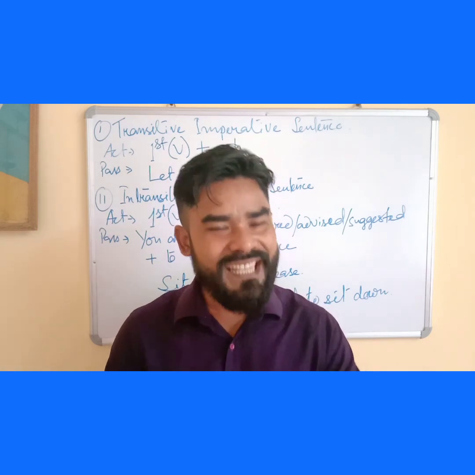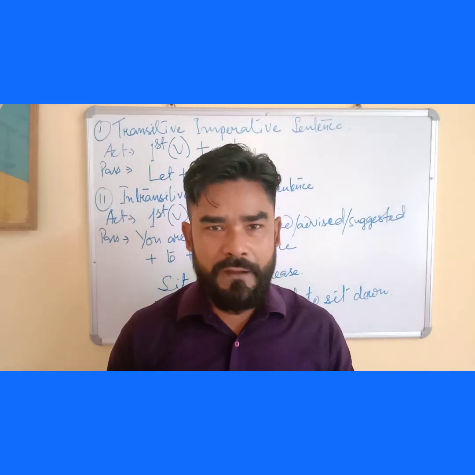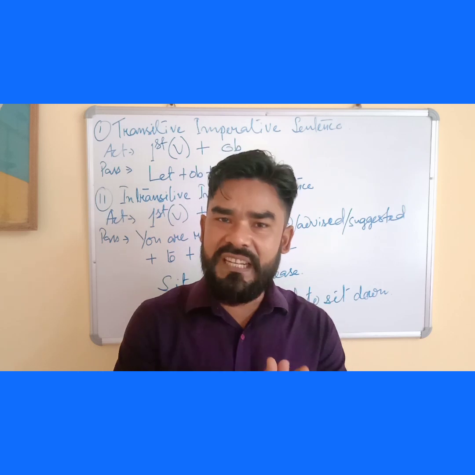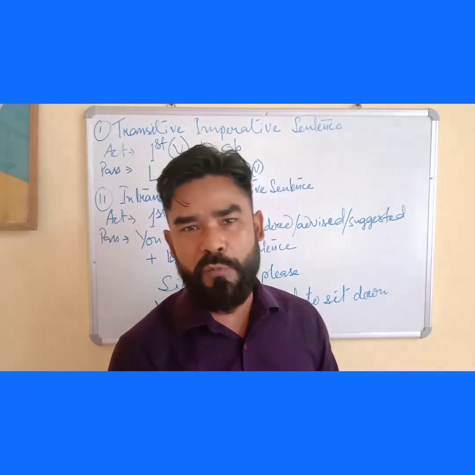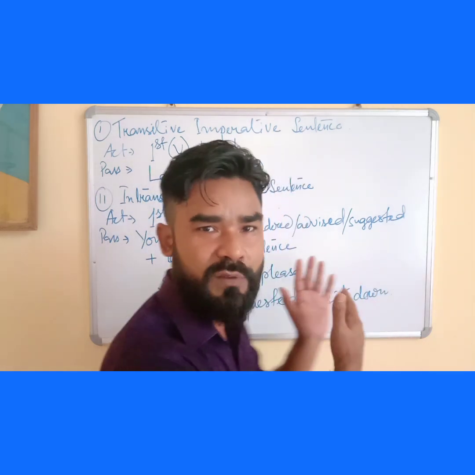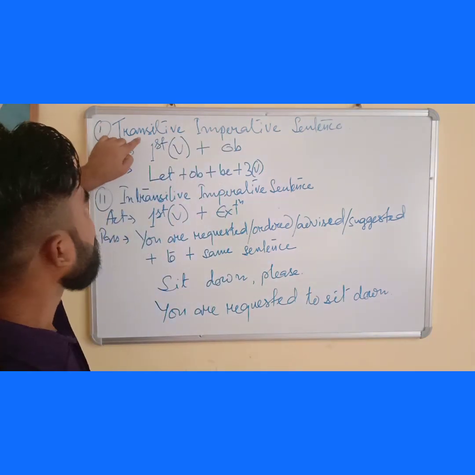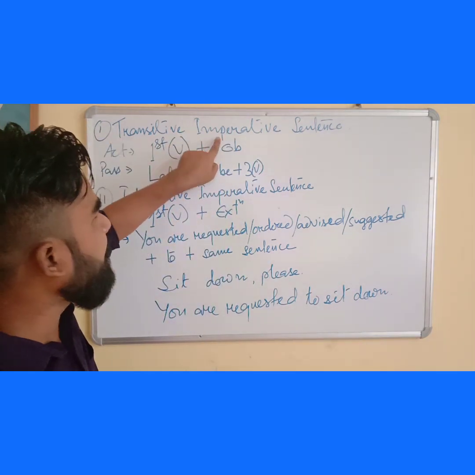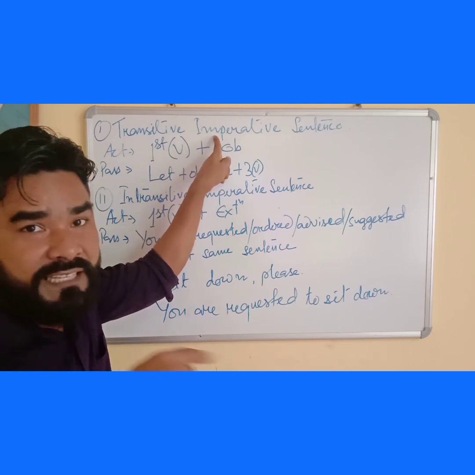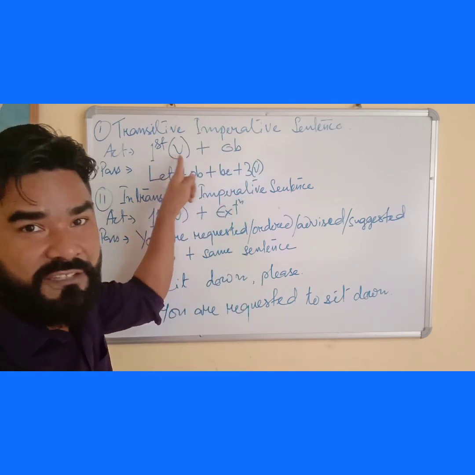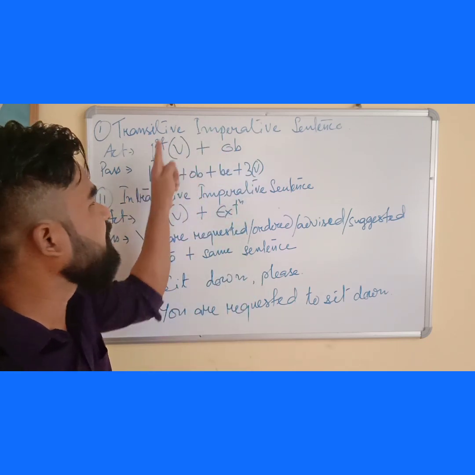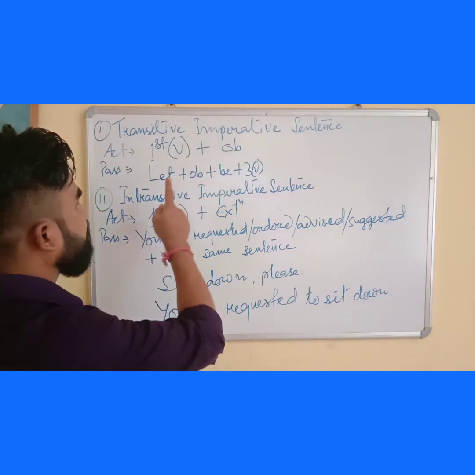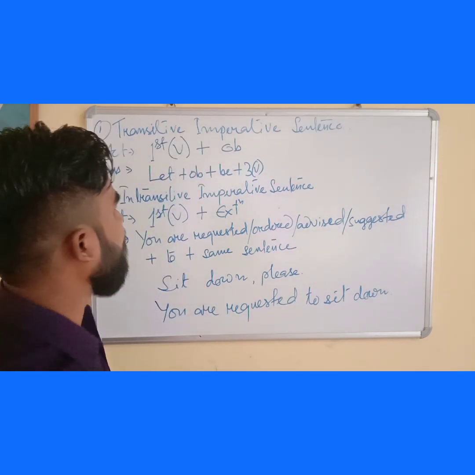So now, depending upon the two different verbs, transitive and intransitive, I have made a formula for imperative sentence voice change. You can understand by looking behind me. The intransitive imperative sentence. An imperative sentence starts with a verb or adverb. Transitive means a verb which has an object. Now look at that. If I make an example, say: